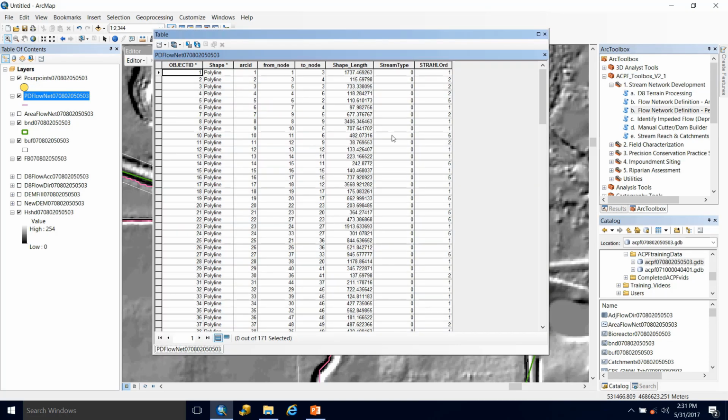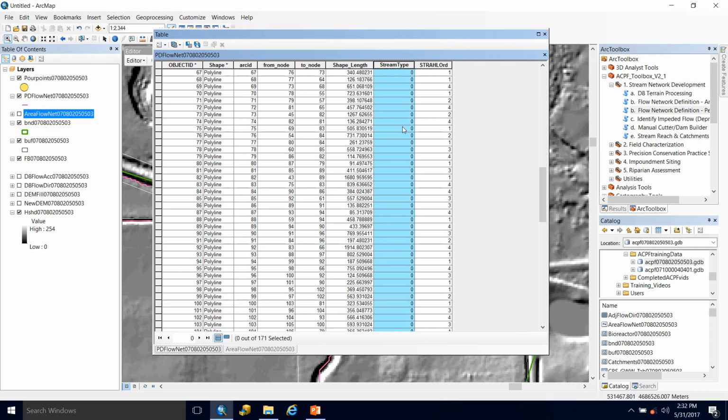And you will notice that it is the same as the area threshold was. And this will be very useful if we would like to grab segments from either network later on to use it to define our perennial network. There will be no issue appending them as they contain the same fields. And once again, we can see the stream type field that currently has all zeros. This will be the field that we are editing in the next video to create our perennial stream network.